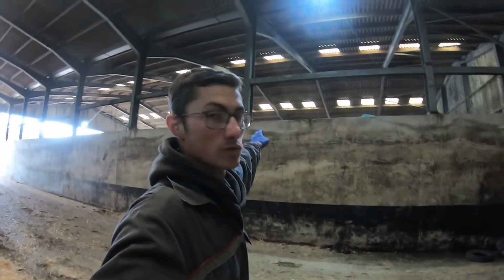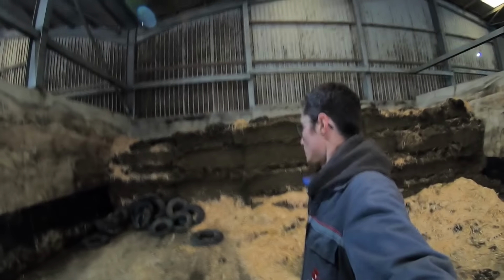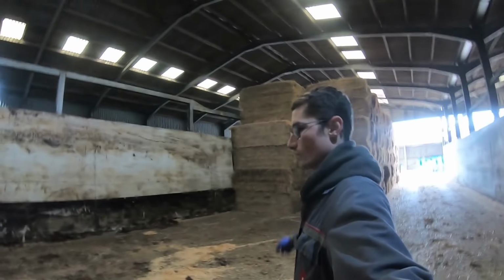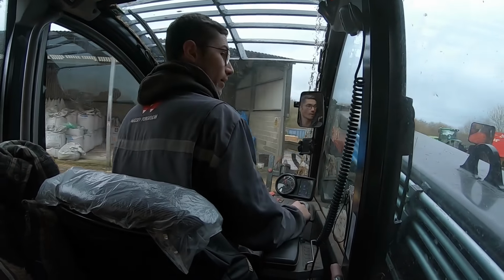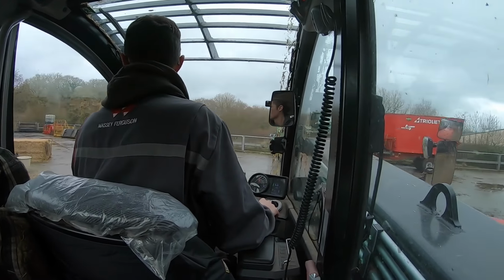So now when we want to use more silage there, just got to roll the black plastic back, which will be nice and easy. So once this silage is gone, they want to repaint these walls with the damp proof stuff, and we're also using it to store straw at the minute. We've got a lot of straw about. So we finished with the sheets. They're all rolled up out the way. Just going to move the last of these straw bales in